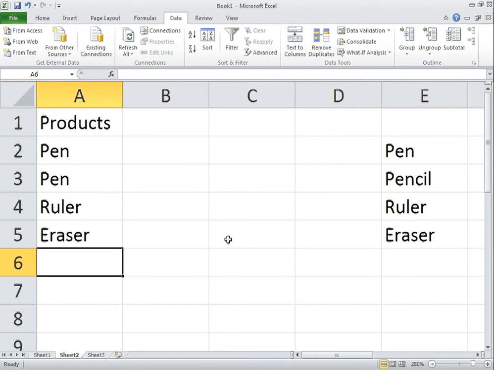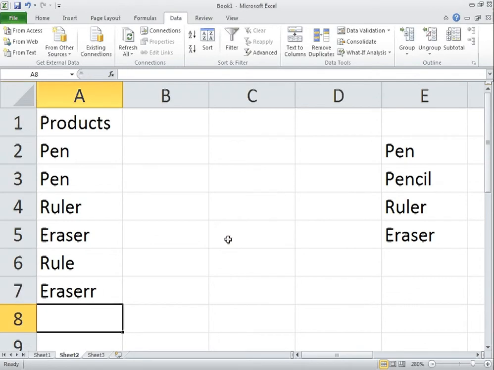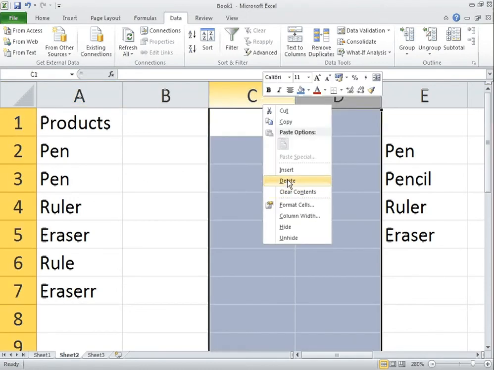It comes to the point where there's always going to be human error. For example, if I was to put in rule instead of ruler, whilst your mind will make the adjustment and think, oh okay, that's what I meant, it's one and the same thing, albeit someone's made a spelling mistake. Or if we go into eraser and we put two R's in there, when it comes around to doing any form of reporting,